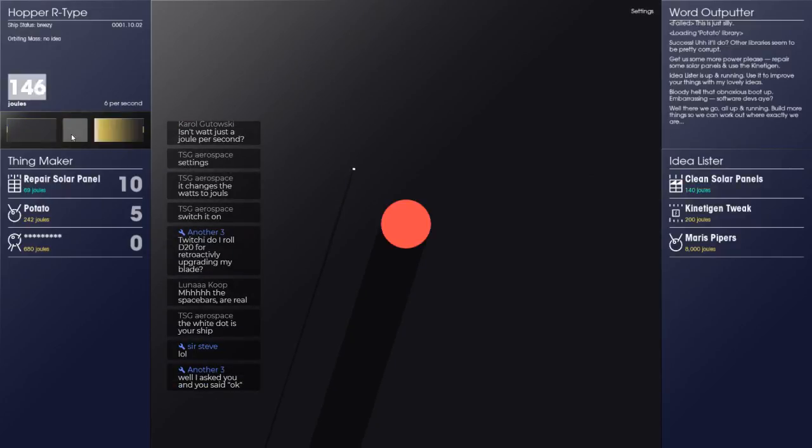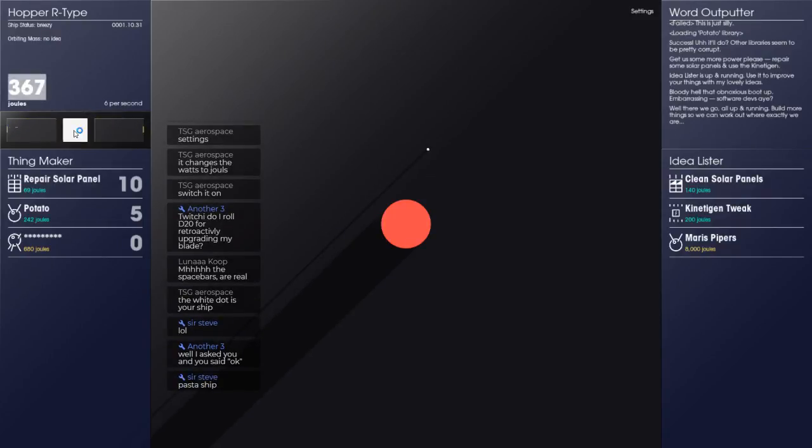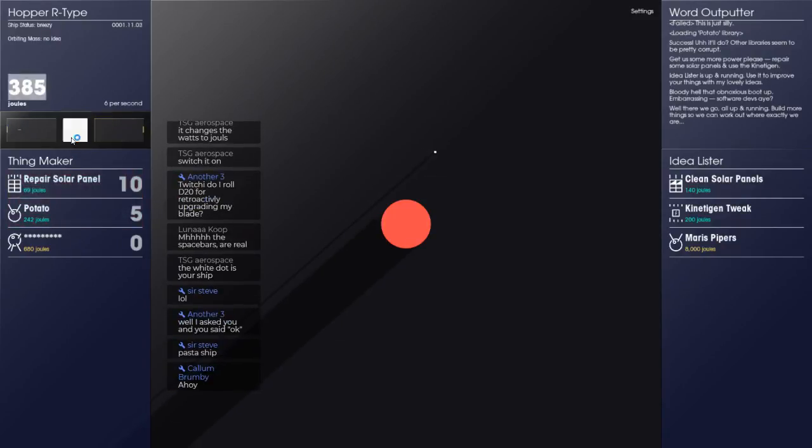Okay, hey. What should we name the ship? What should we name the ship? Well, we've got like industrial furnace filter. No, that's rubbish. Someone else come up with a better name for me here. Well, I asked you and you said, okay. No, I said we could work on a system where you could do to hits rather than to damage. Yeah. Oh, let's click stuff, clicking things. I want this one. I want this one. It's 680. Hey, Callum, how's it going there? Pasta ship. Well, it could be the pasta ship. Is it the copy pasta ship?